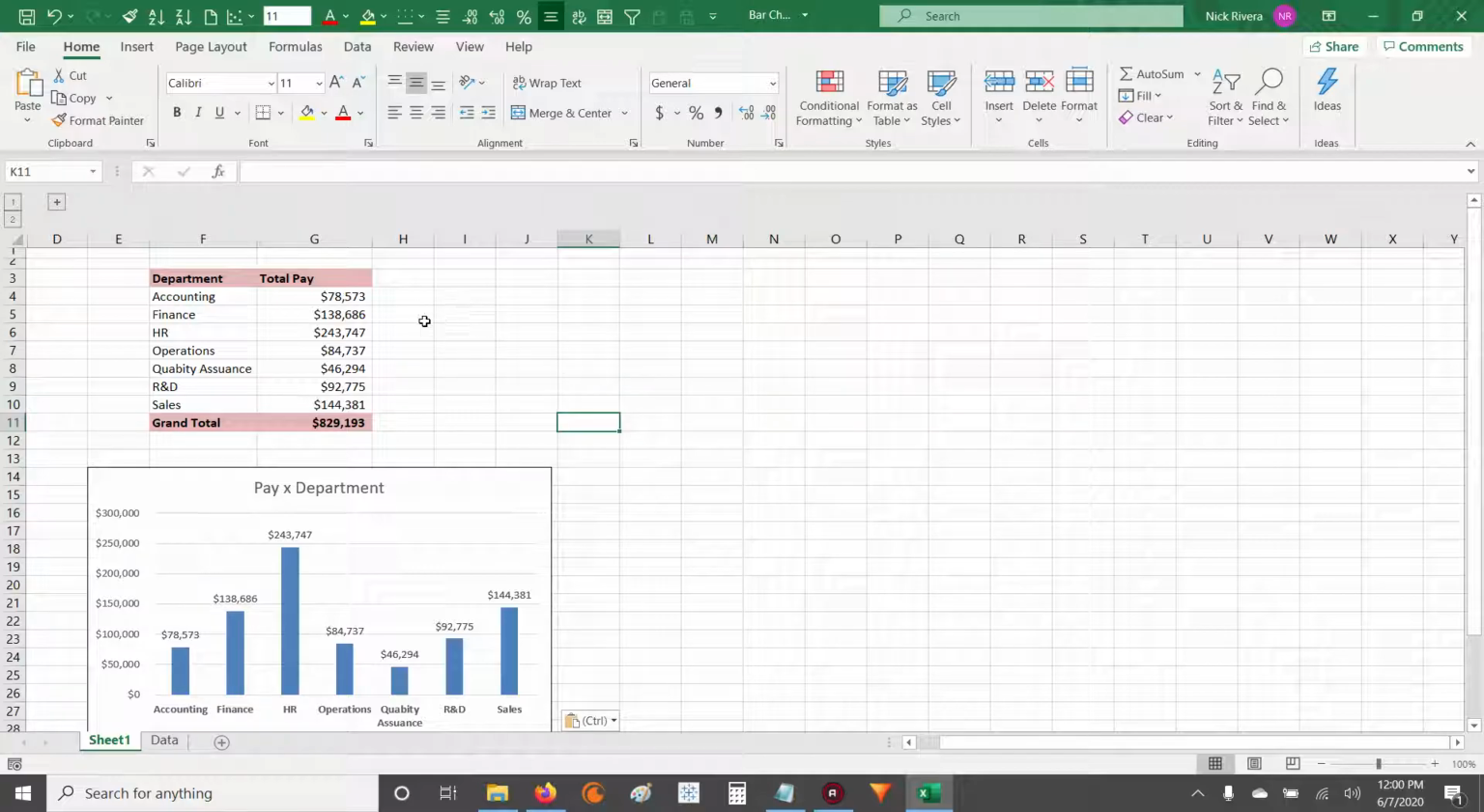How are we going to put this together? First, this bar chart's exploring the relationship between the pay per department. So you have the department on the x-axis and the pay on the y-axis. Really all we have to do to get this going is highlight both columns where we have the data we want to chart, and after we have them both highlighted, go to your Excel ribbon, click on the Insert